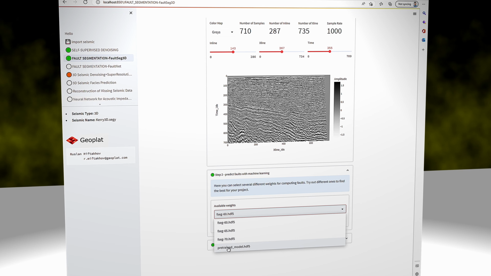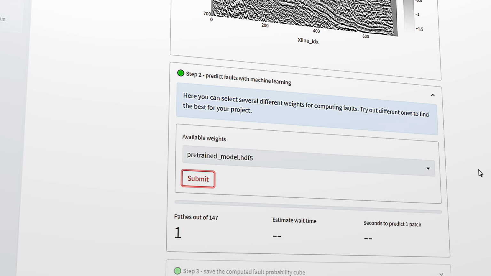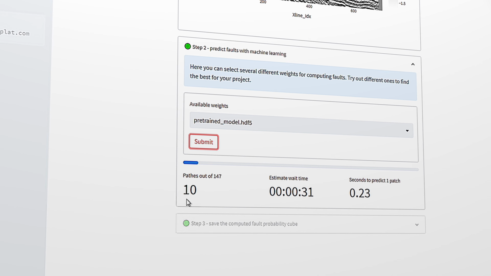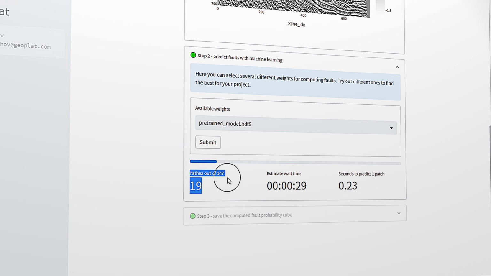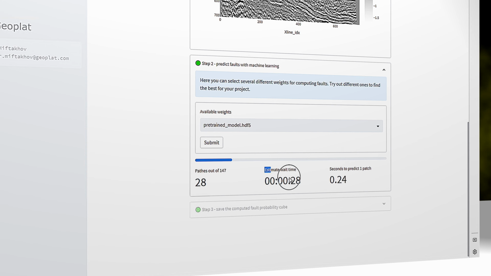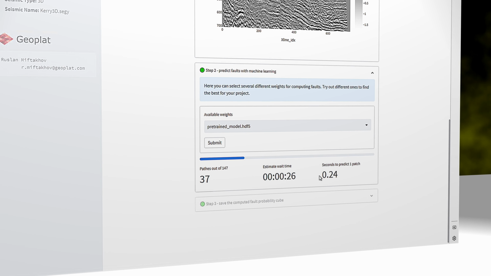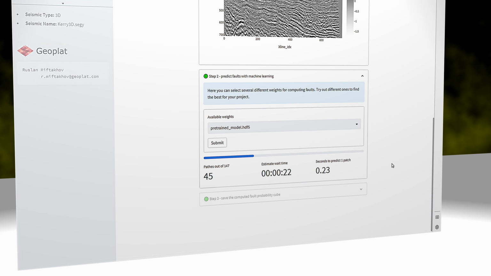For example, here I'm taking the weights called pre-trained model, and we can see that the inference process is starting and there are 147 patches, and you can also see the estimated time to finish the prediction, and it actually goes